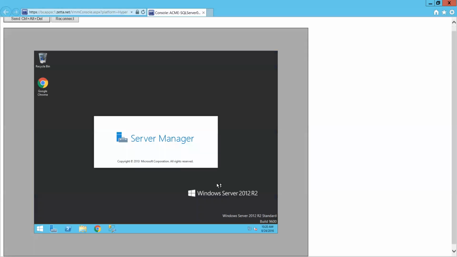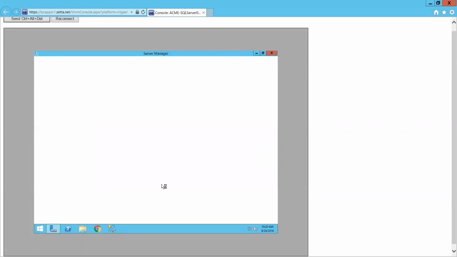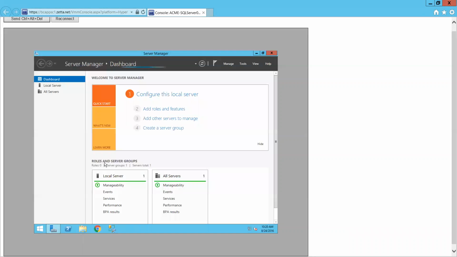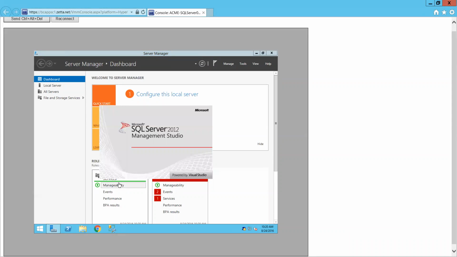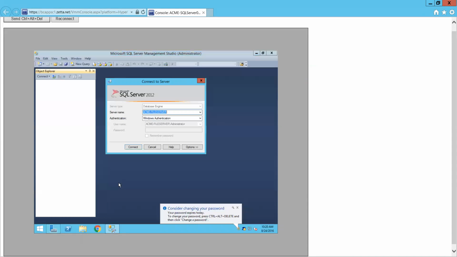So this will be the version of the machine running from whatever version I've chosen. In this case, it was the Saturday version. Once it's up, you have full access to the Windows machine and any of the applications that run on it. In this case, this is a SQL machine, so we can open up SQL Studio. All of our databases would be up from that version. At that point, if I had the site-to-site VPN up, my desktop on the LAN could connect to the database on the server if necessary, and I'd be able to do everything, business as usual. I'd be back up and running.